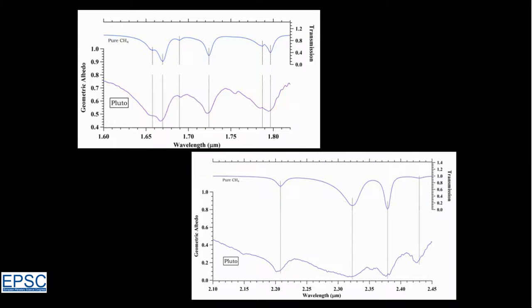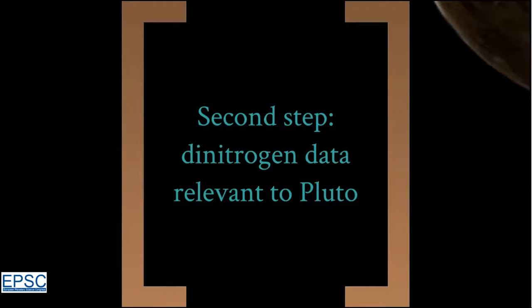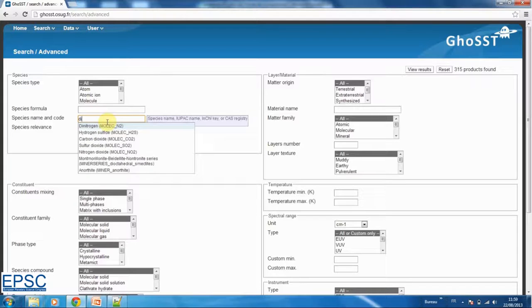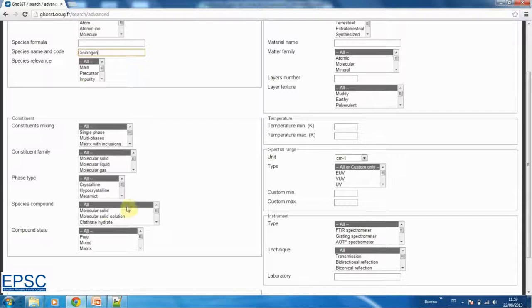One possible reason is that CH4 on Pluto's surface is diluted in N2 ice. Thus, secondly, we'll search for N2 data relevant for Pluto. We go to the advanced search page and reset the form. We fill the species name with dinitrogen. We want pure dinitrogen in the temperature range of 30 to 70 K and in the spectral range of 1